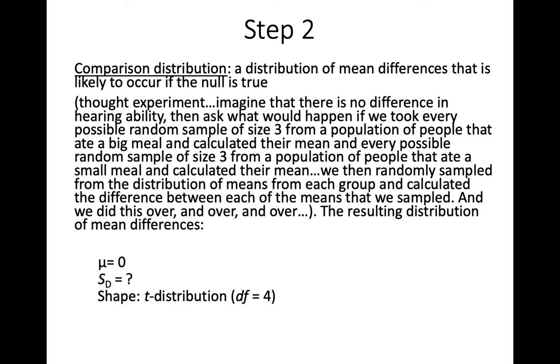So our comparison distribution is a distribution of mean differences that is likely to occur if the null is true. This can be somewhat of a mind bender to think about, but here's how we need to think about it. Let's imagine that there's no difference in hearing ability between eating a big meal and a small meal. So then what we're going to ask is what would happen if we took every possible random sample